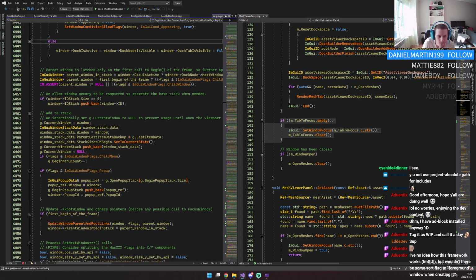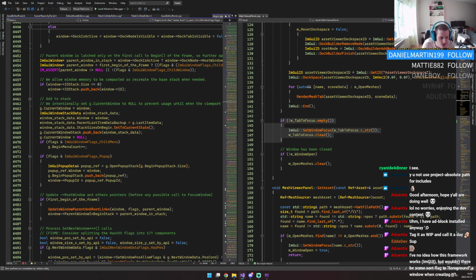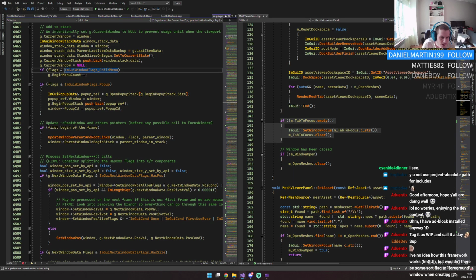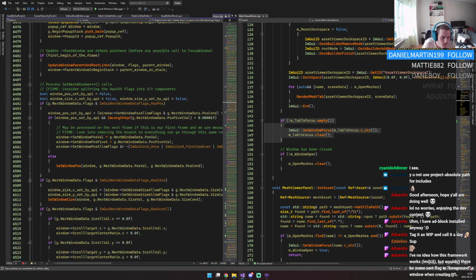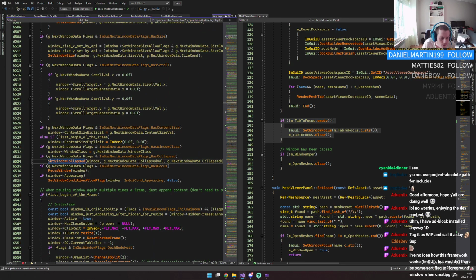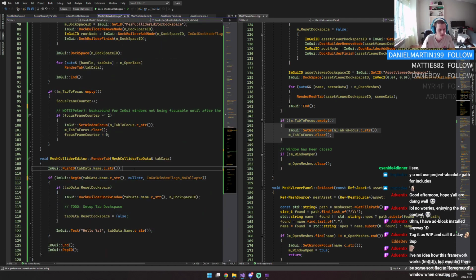I would think there would be a way to basically say, hey, focus this tab when it's appearing, because that's not happening by default, apparently. We do have this, where we can basically set the next window to be focused, but that always happens. That doesn't just happen. Well, actually,